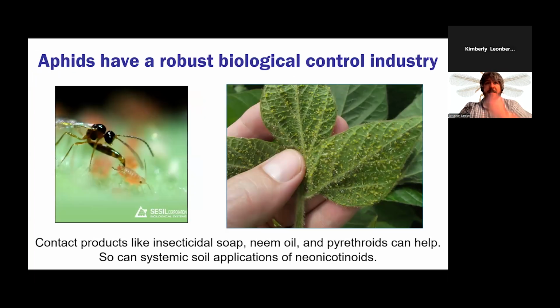Aphids are one of those things that has actually a really robust biological control industry behind it. You can purchase a bunch of different types of things in a greenhouse to release for aphid control, and you can do this slightly preventively. You don't want to just go out and buy things like aphid wasps, which we see on the left here, and start releasing them willy-nilly. That could be a waste of money. It would be best to know that you have at least the start of an aphid problem,